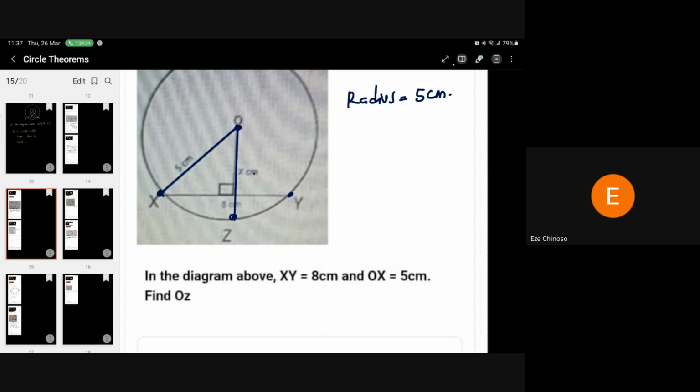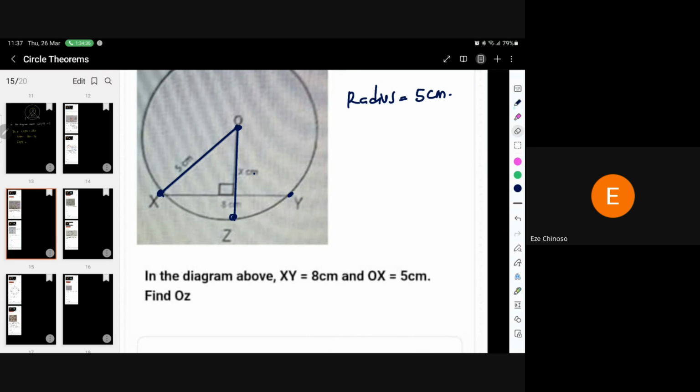But before then, observe something. Let me start from the center. If you have this perpendicular line running through, dividing the chord, you know that here will be 4 centimeter and here will be 4 centimeter, if they say that the length is 8. Do we agree? Good. So now that means you have a right angle triangle